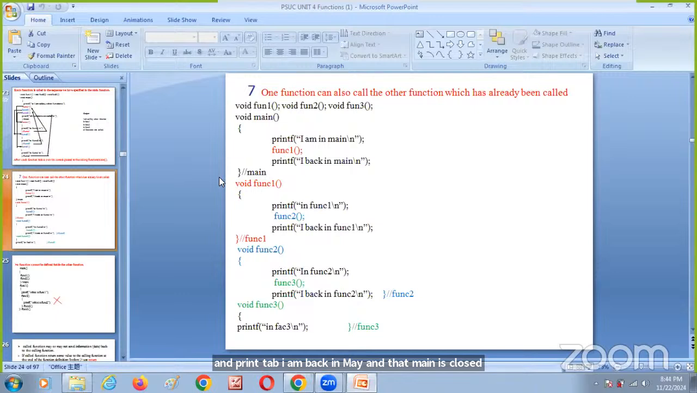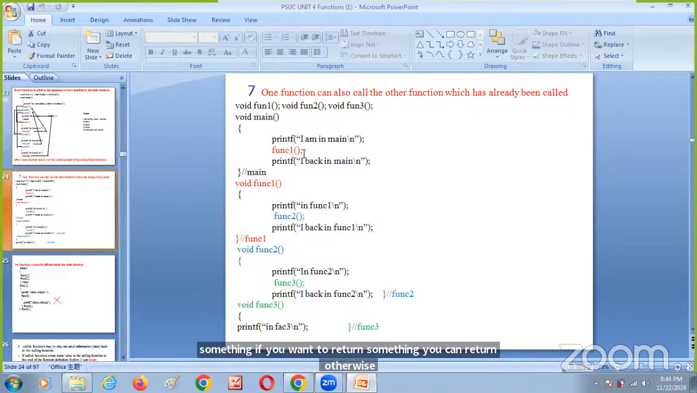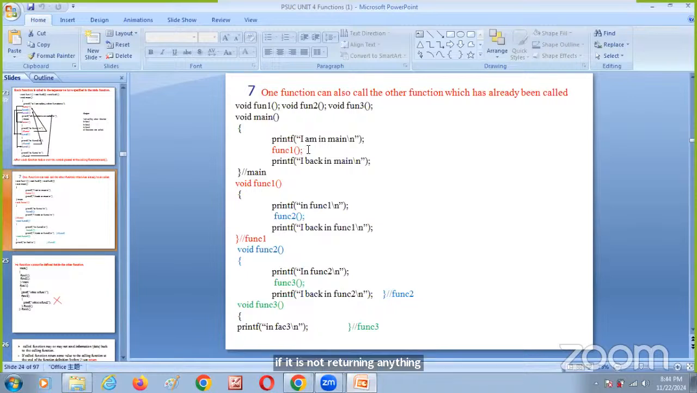You need to concentrate on how the function is calling. Whoever called the function, you have to go back and stop at that place. If you want to return something, you can return. Otherwise, if it is not returning anything, the control will go back to the previous caller. That's it. This is the flow